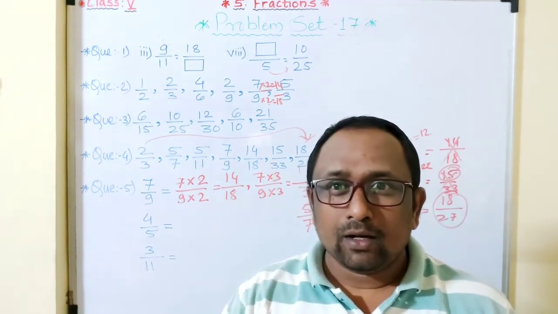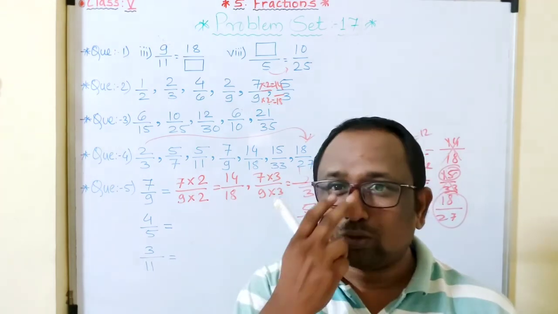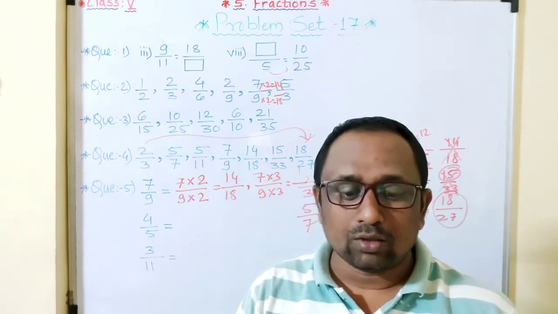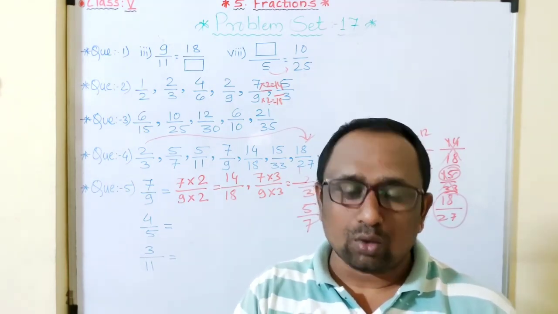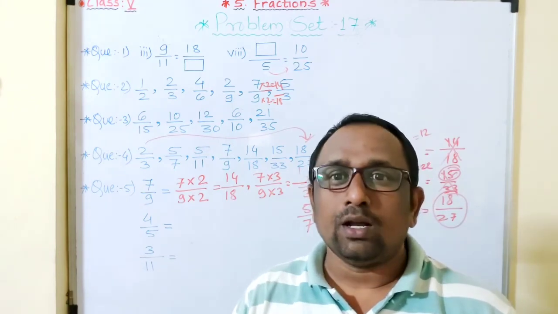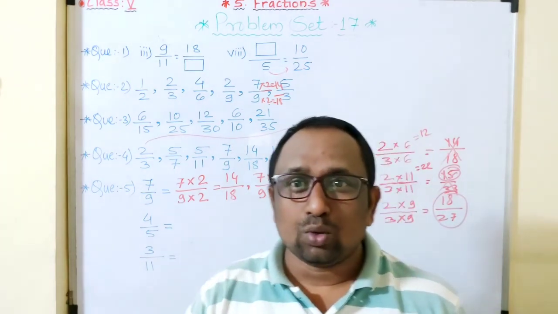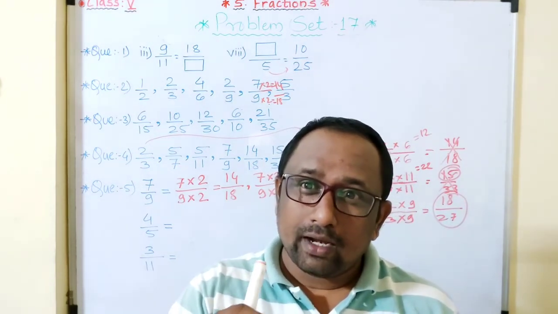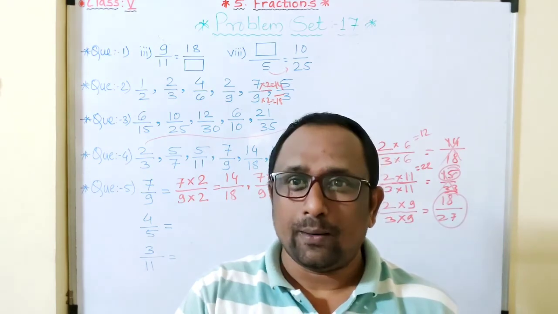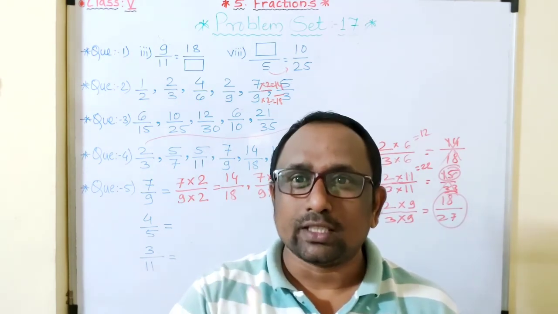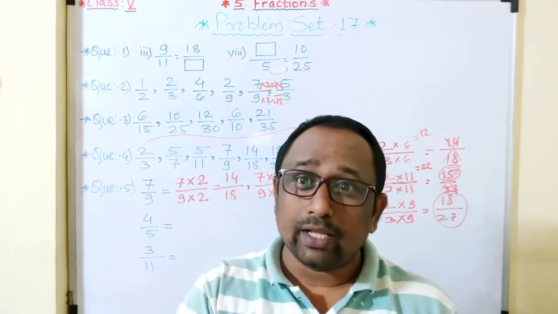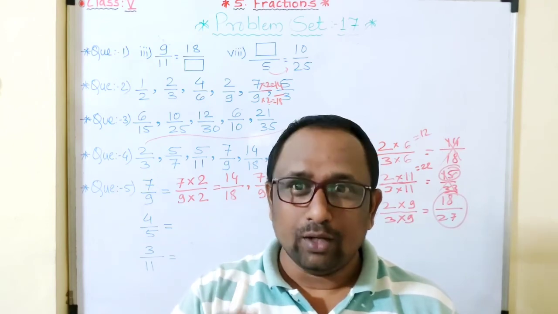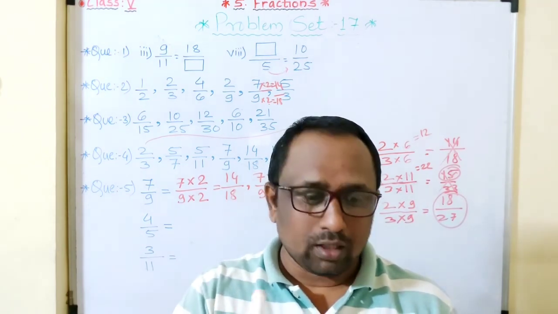Okay. And you must solve this example, students, for homework and update your notebook. Means whatever homework I gave today, at least within 4-5 days you have to solve up to this problem set number 17. If you have any doubt, students, what you have to do, you have to try to solve. Okay. And if you have a problem, then whatever you solve, half example, just 2-3 steps, take a photo and then send me. Okay. But you have to try. If you have any doubt, then only.